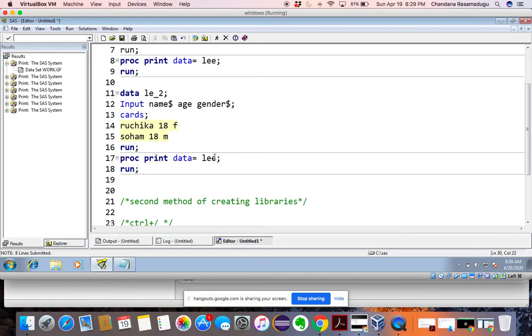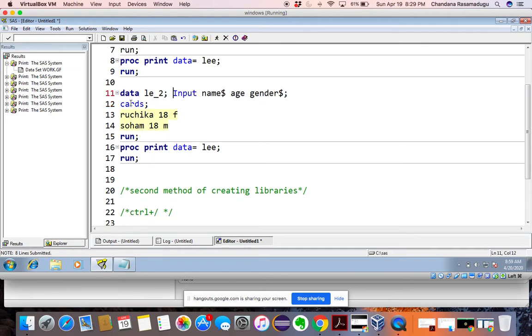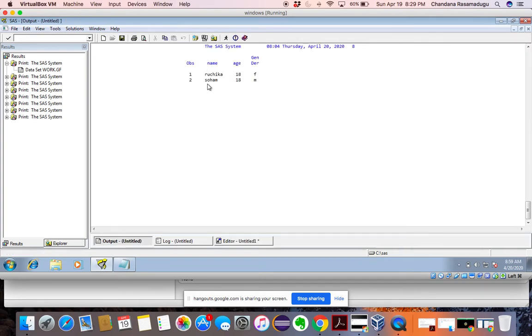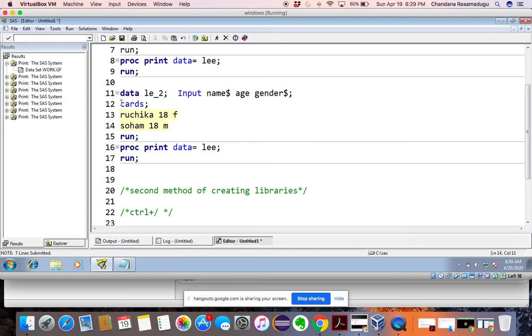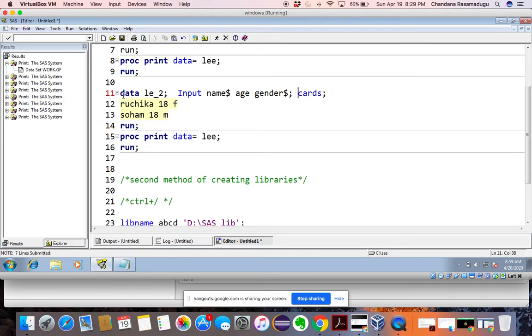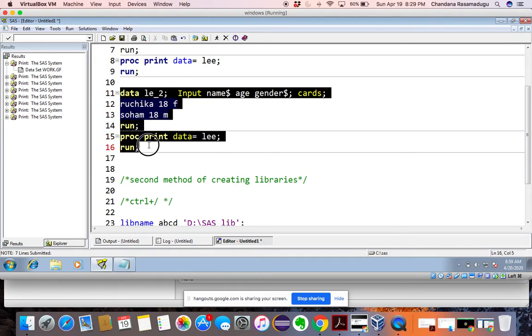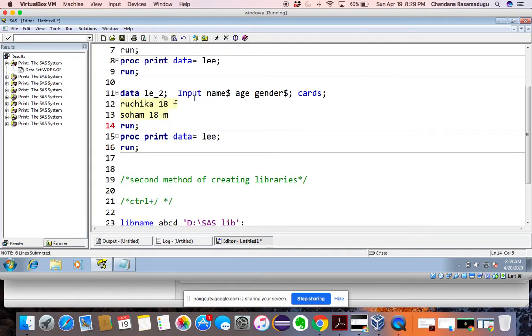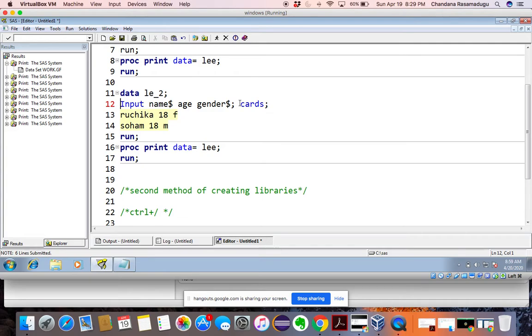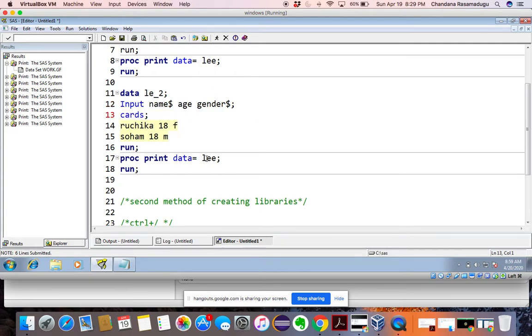We can write multiple SAS statements in a single line. See, this is one SAS statement, and this is another SAS statement. You can write like this also. But why are we not writing like that? See, now run the program. Still we got the result. We can write multiple statements in a single line, but we are not doing that because it doesn't look good or organized. Even for our own understanding we don't write like that, but SAS can do it like that also.